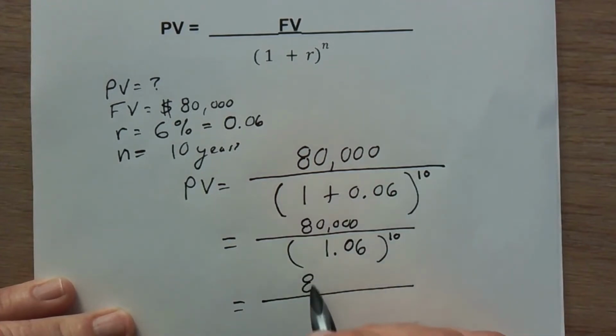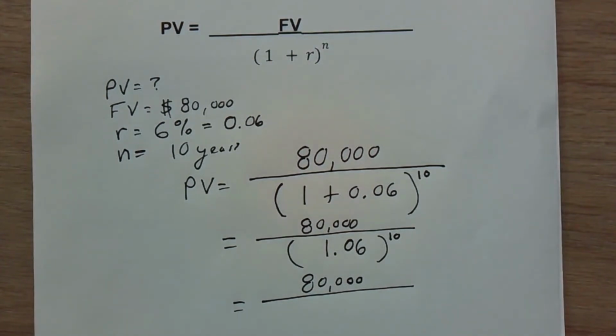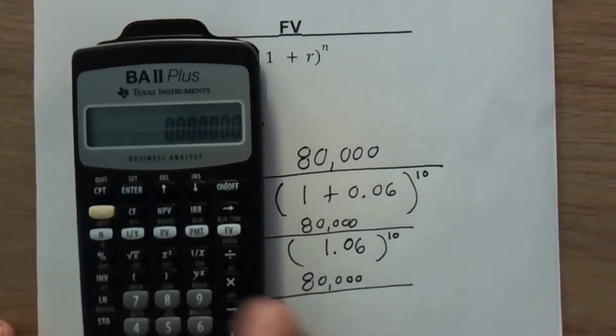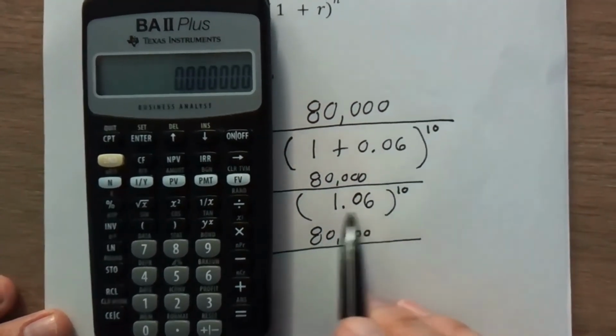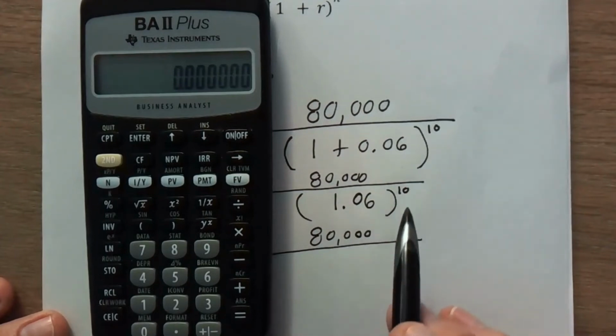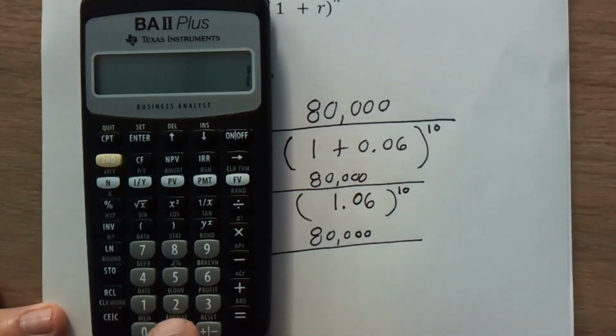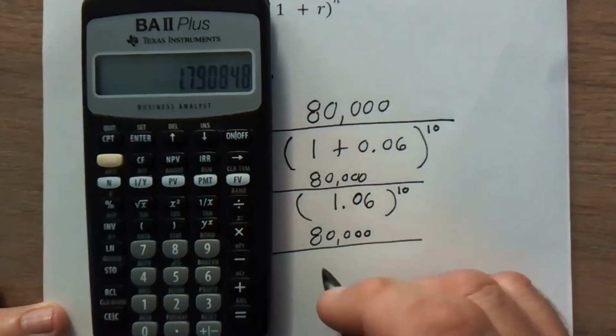And for the next step, I'm going to bring down the 80,000 again, and I'm going to use a calculator. It happens to be a financial calculator, but it's just the calculator I have handy. I am not going to use the financial functions on it. I am simply going to use it to raise this to the 10th power. So I'm going to put in 1.06, and then I look for the button here, x. That's the x squared. I don't want x squared. I want it raised to the 10th power. So I'm going to go to the y to the x, and I put in my 10, which is the exponent, and I hit equal, and that gives me